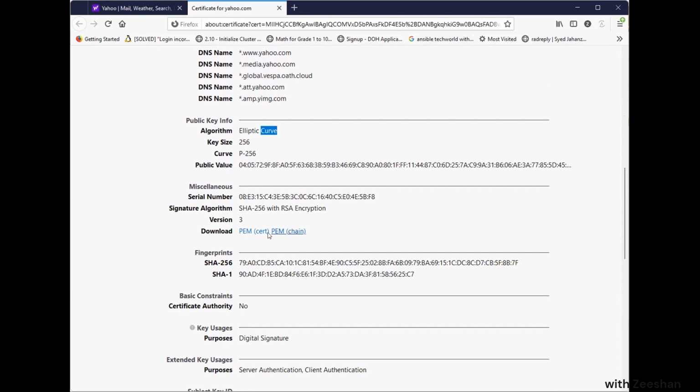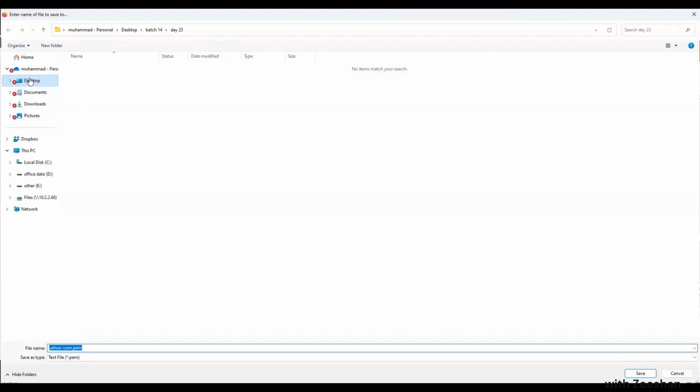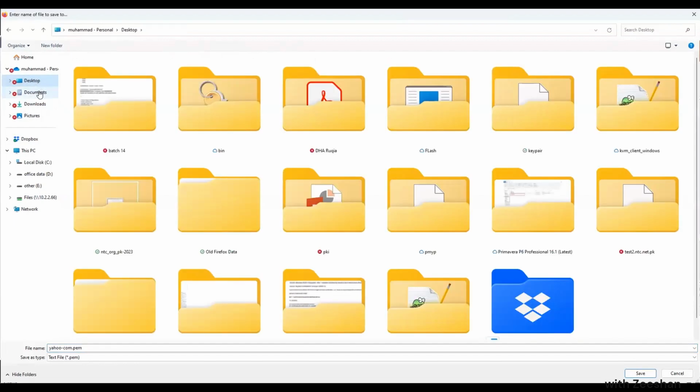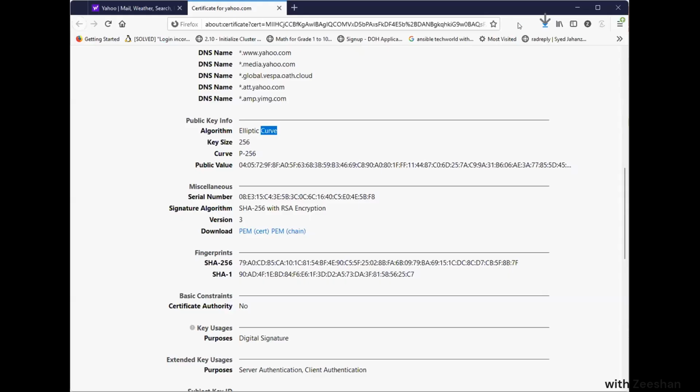And you can download the certificate. It's a public certificate, so there's no problem. You can download it, but you cannot open it in a text file. So let's try to download it on a desktop, or let's go to my downloads. And if I want to open it, I can open it like that. It's the certificate. It's the key. Oh, sorry, you cannot see it. I have to share it.